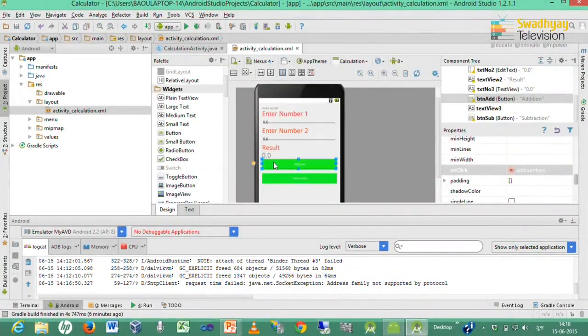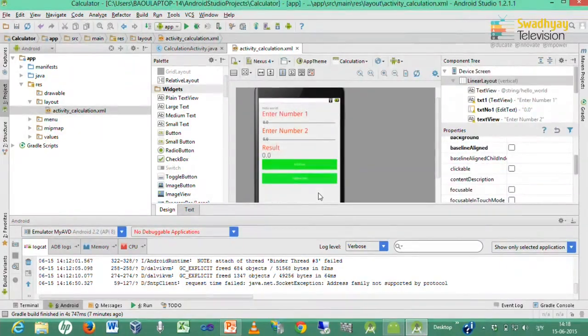To handle this addition event, either you write the method name in on click, or there is a separate way to handle events using an event listener, which we will learn later on. For the first button we have used the on click property, and inside it we write the add numbers method.